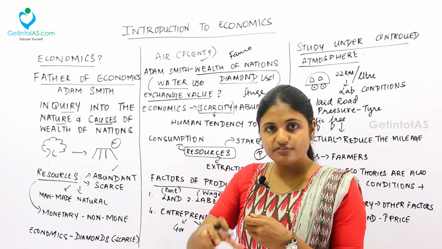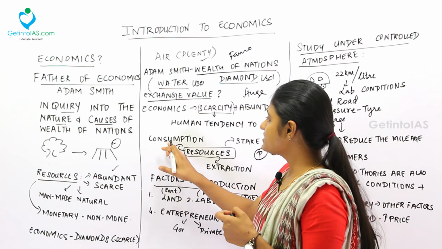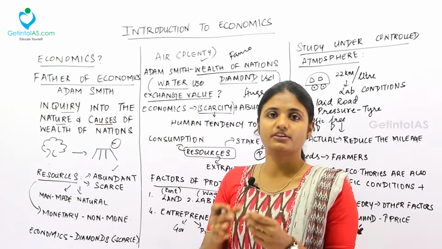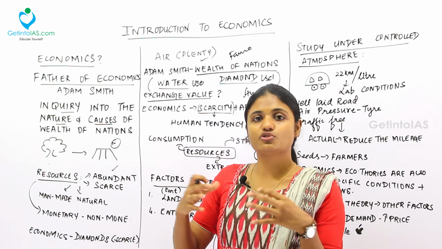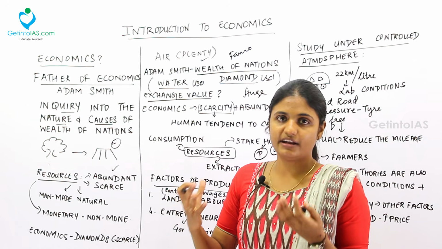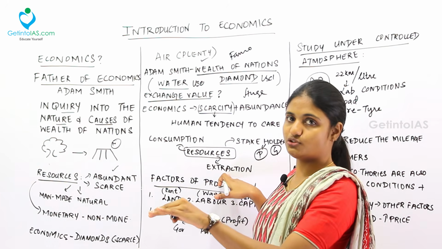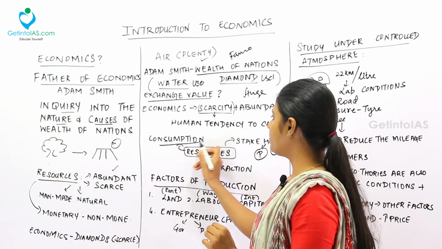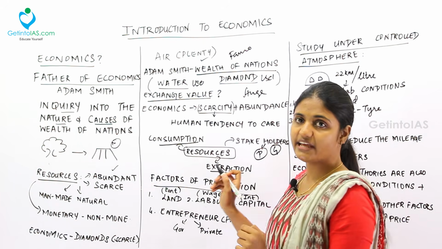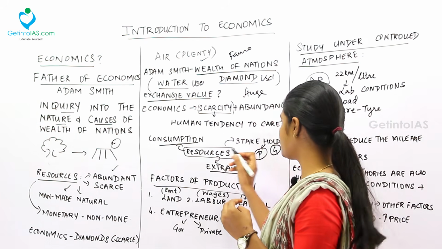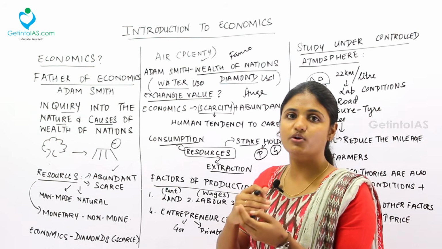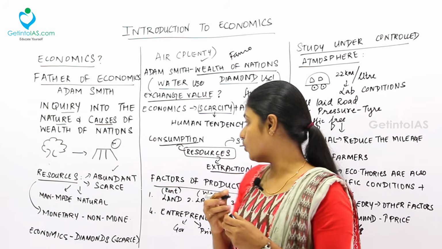Next, extraction. Who is extracting from the ground? And the third thing is consumption. Who is going to consume that? For example, some resources may have a lot of demand, right? So many people will go behind extracting that resource, right? So depending upon the consumption, the extraction will take place, and depending upon the extraction, who are all the stakeholders involved in that, we'll come to know. Fine.